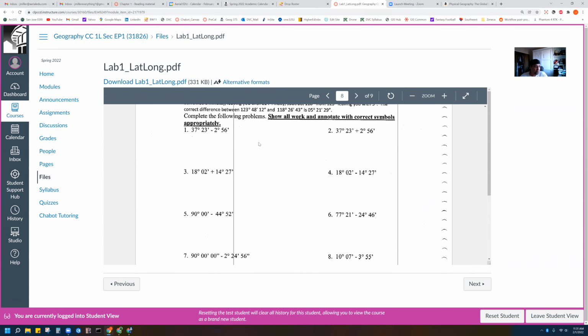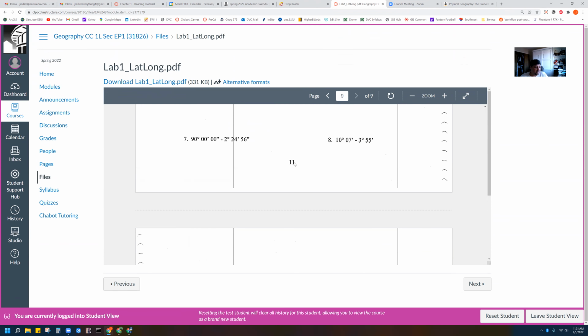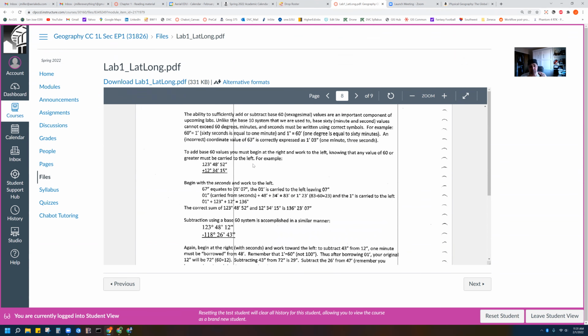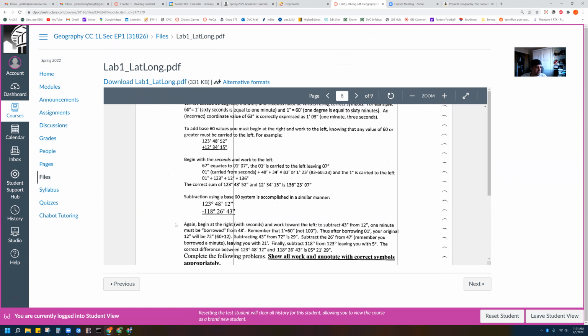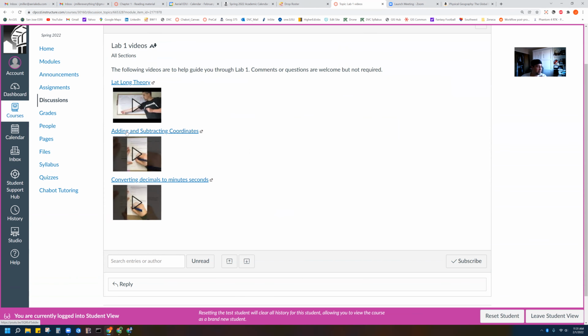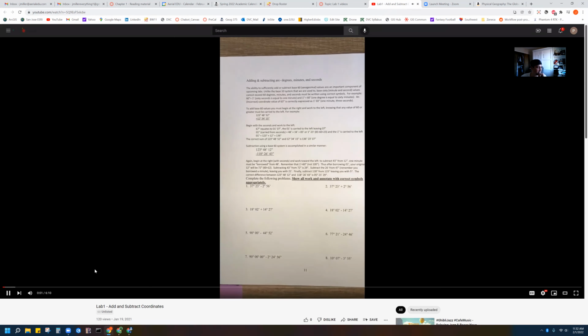But yeah, let's say we get down to page 11 here, right? I know it's 9 of 9 kind of thing, but use whatever is posted on the paper itself. What I would do if I was you, I would print this document. Then I would take a pencil and start filling these problems out, trying to go through them. As you're looking through this, it will be helpful if you refer back to my videos here. So like, here's an example of how to add and subtract coordinates. If I click on that, it'll take you straight to the YouTube link, which, by the way, is the same,